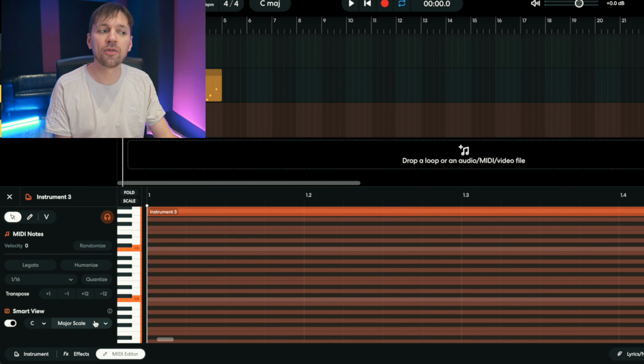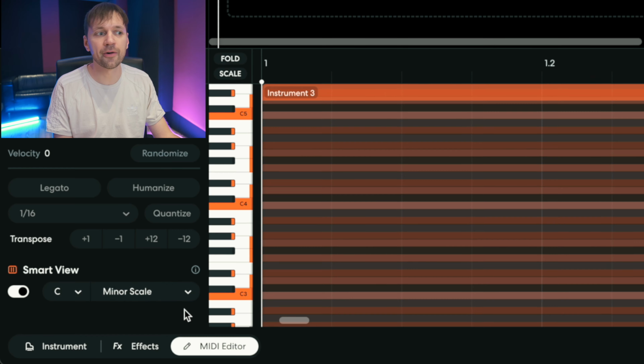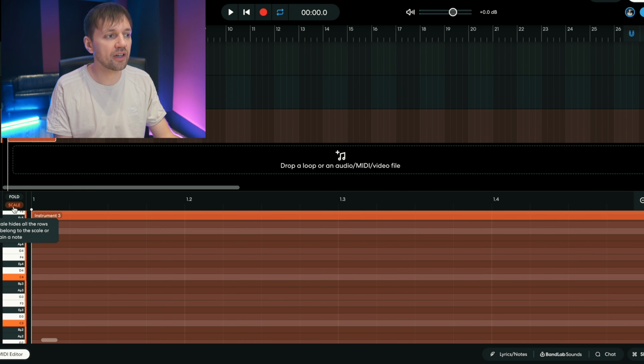We can also keep the Smart View. Be sure to be in C minor. And you can click again on Scale. Okay, this is going to be easier to make the chords. So we want a C minor chord. So I'm just gonna start with the C, and then I'm gonna skip the next note